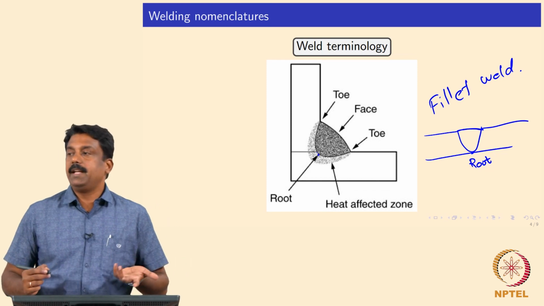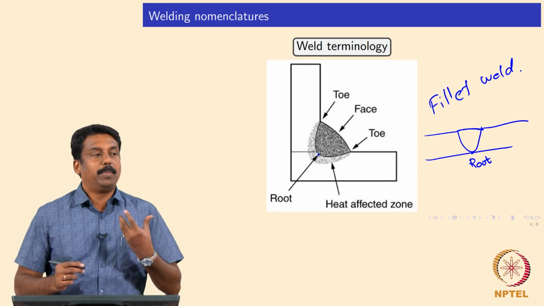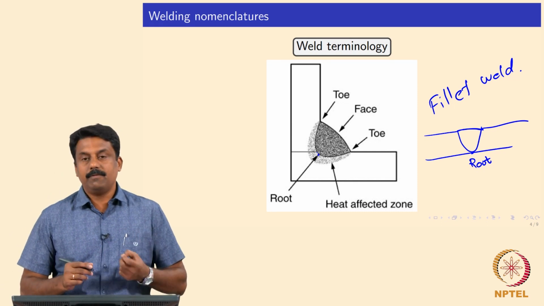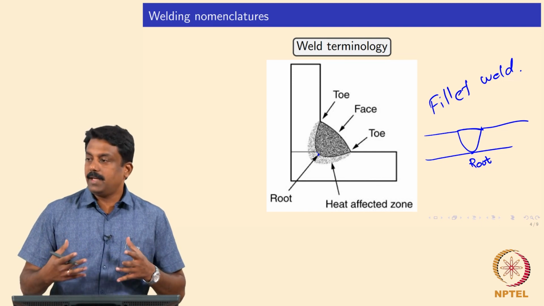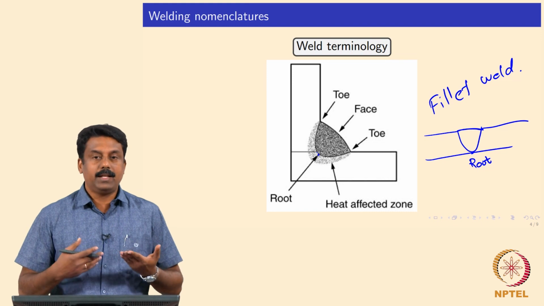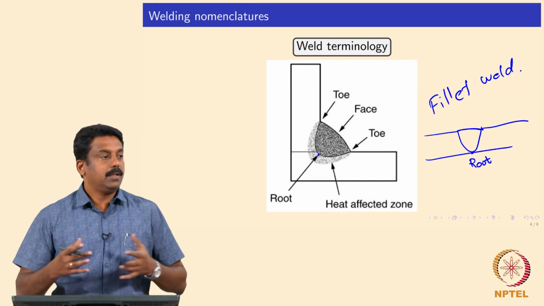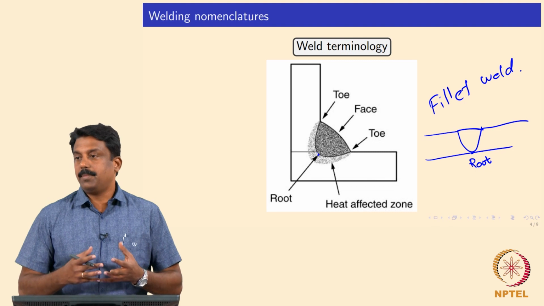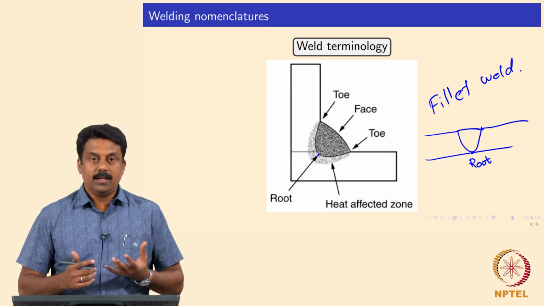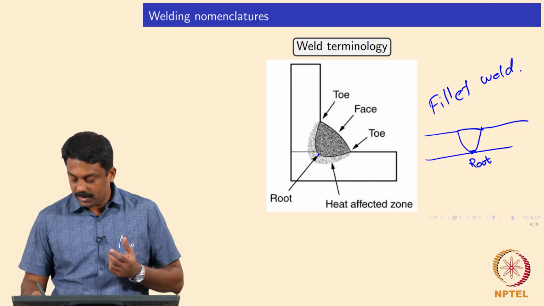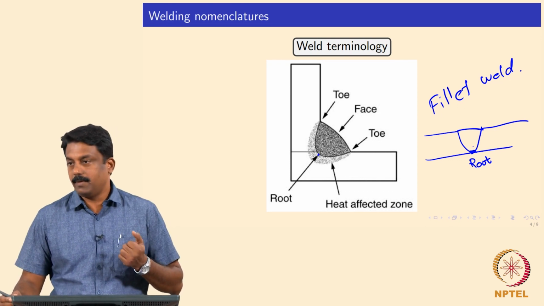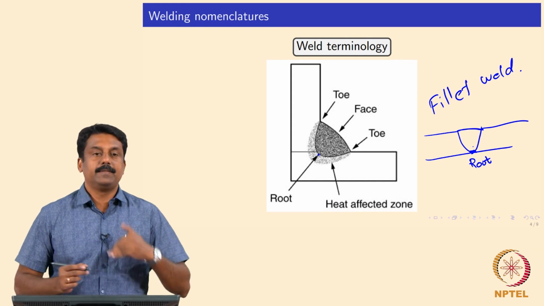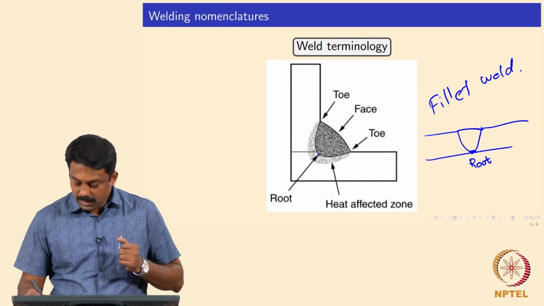When you are doing multi pass welds, we always do the root pass fast with very carefully controlled welding procedures, because the root pass makes sure that the first interface is connected without much distortion and without inducing cracks, for example hard cracks during welding. In critical multi-pass welds, the root pass is always done with GTAW, the first pass to fill the root cavity, and these regions are known as toe.